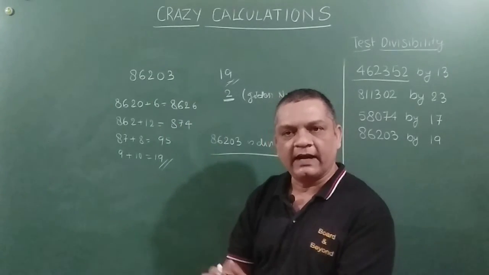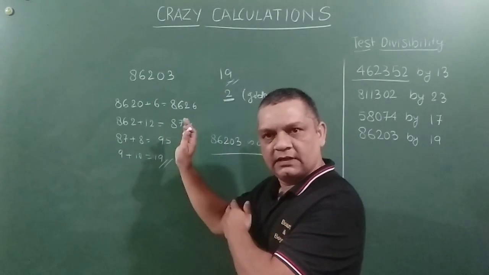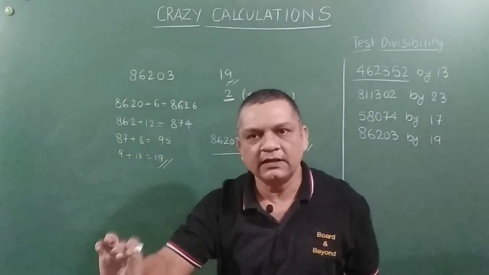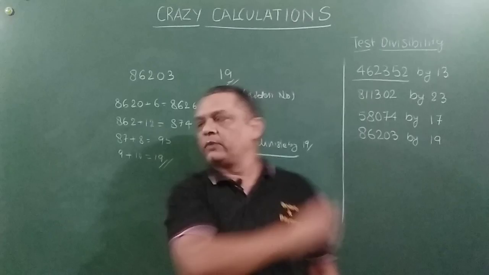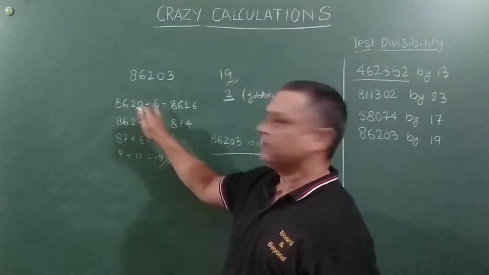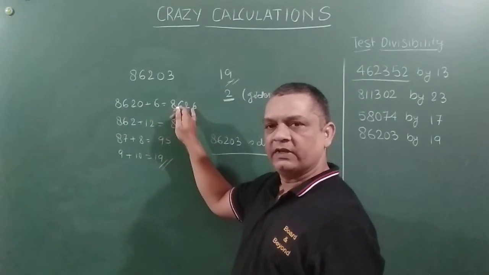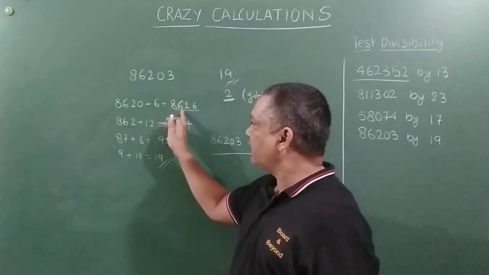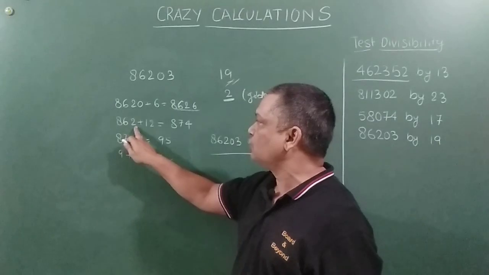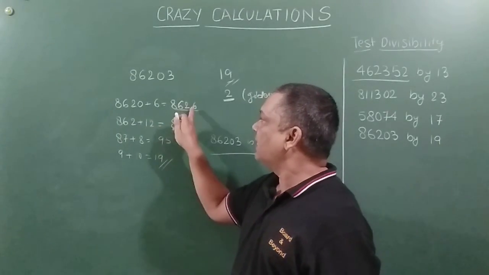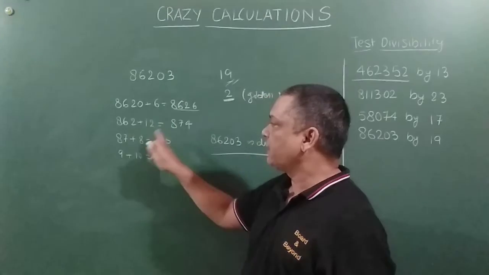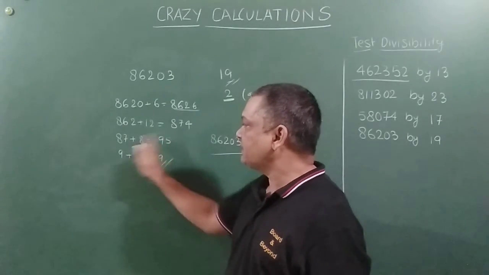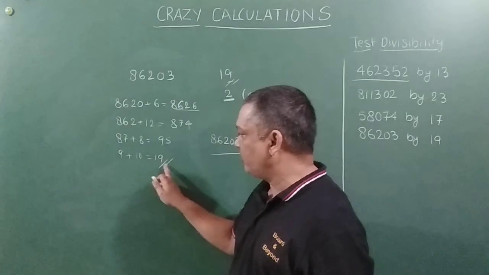This process says that apart from the last digit, write down everything as it is. Then the last digit into the oscillator or the golden number, you write it here. Then you sum these 2 up. From this, again leave the last digit out. Write down everything as it is, that 862, previous to that. Then last digit into the oscillator, write it here and add it. Repeat the same process here. Repeat the same process here.